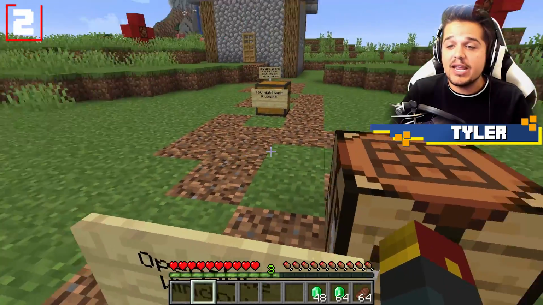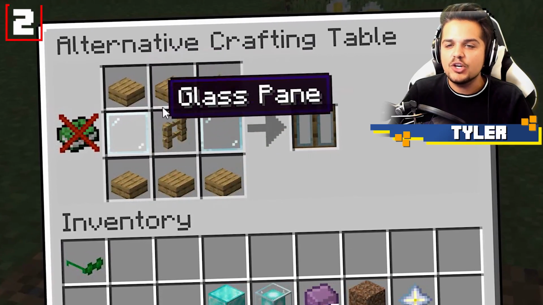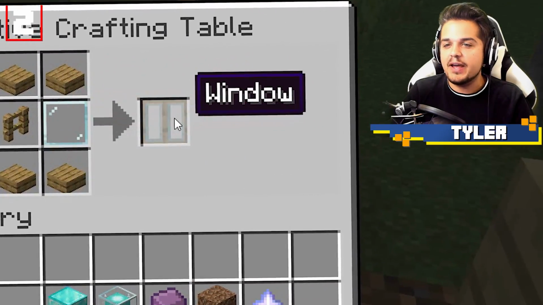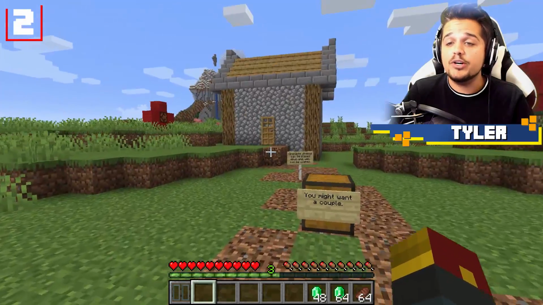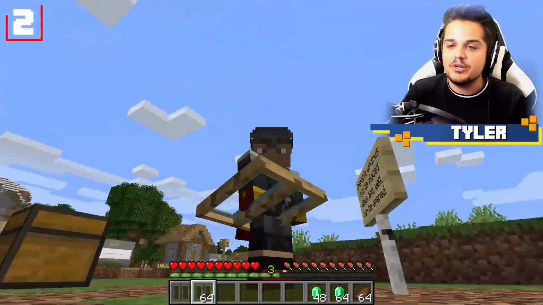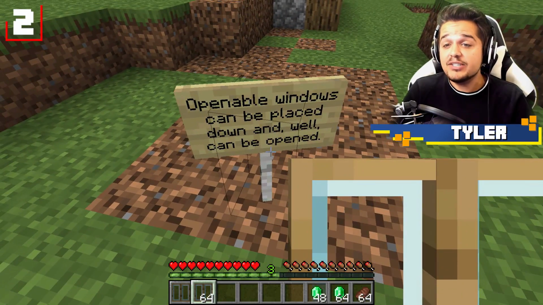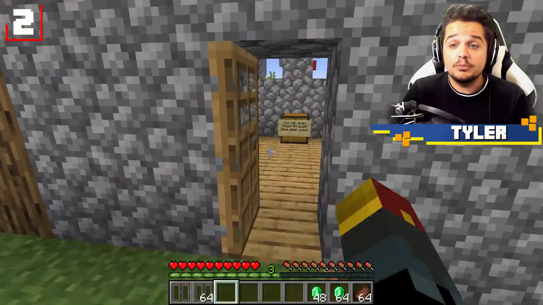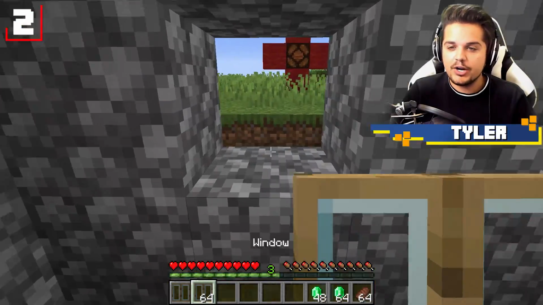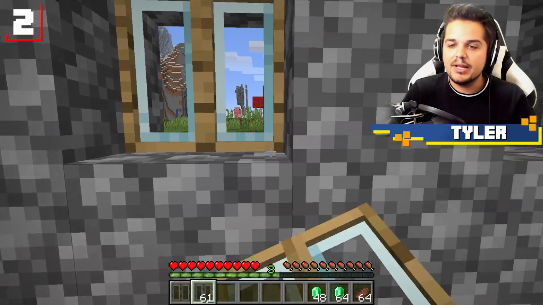Well, we've got that right here. Here's the recipe for openable windows. You'll need 6 oak slabs, 2 glass panes, and a single oak fence to get your window. And what we're gonna do is grab a couple more windows and decorate the inside of this house using these, oh boy, big windows. Now, openable windows can be placed down and will be openable. Who'd have thought, right? We've got some holes already here. Now, we're going to go ahead and add them right now by sneaking and right-clicking, placing them all over the